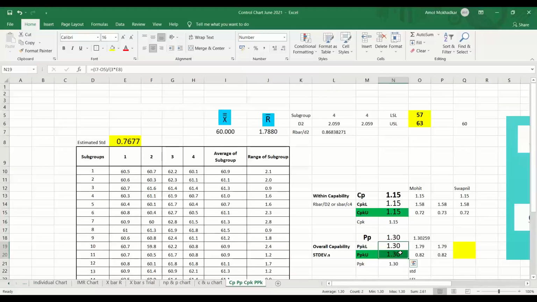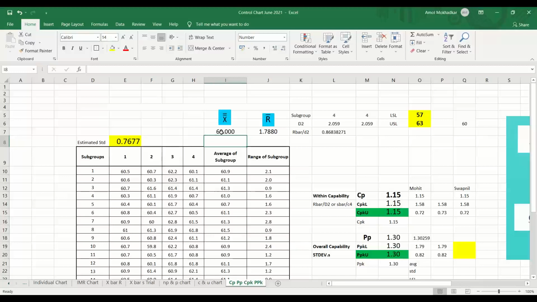If your customer requirement is 1.67 PPK, which is required at the least, even after taking the process average to the center, more than this you cannot get in this scenario. If you go lower, your value will be less, and if you go higher, your value will be less. So this is the maximum you can get with the process at the center.